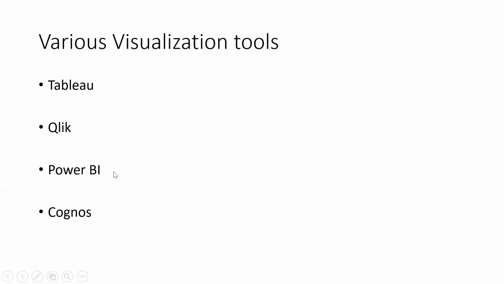So now there are Tableau, Qlik, Power BI. Power BI is a Microsoft product. I think you are quite aware of it, or some of you may have knowledge of Power BI as well. Cognos. Those are called visualization tools, where we prepare charts, graphs, and all. Okay. So till now we have learned this. And just let me give you some quick insights on databases, because this is the last slide.